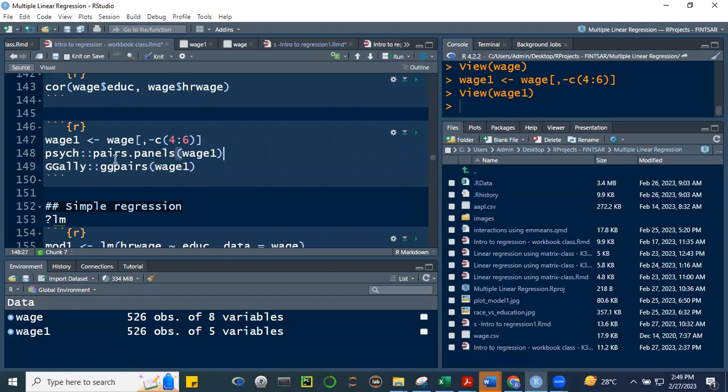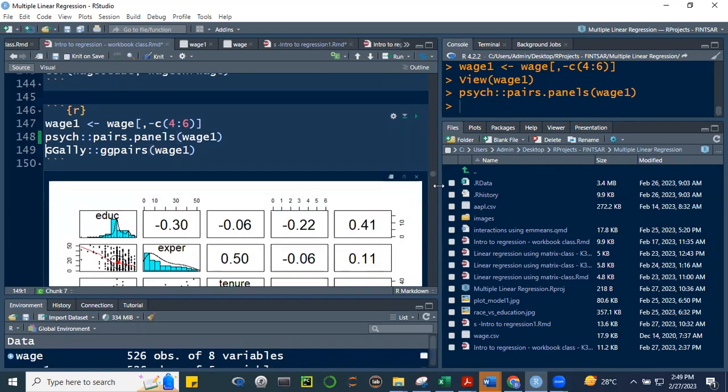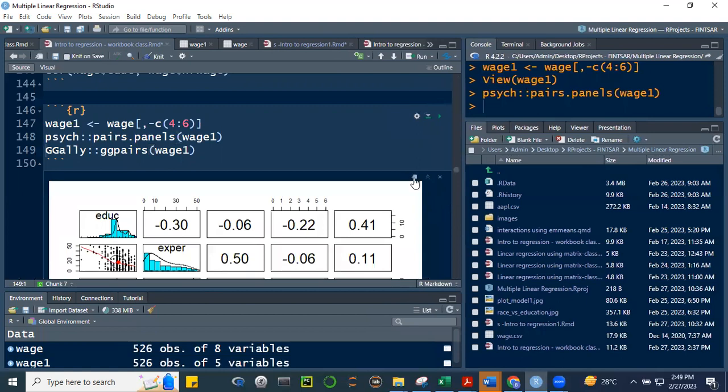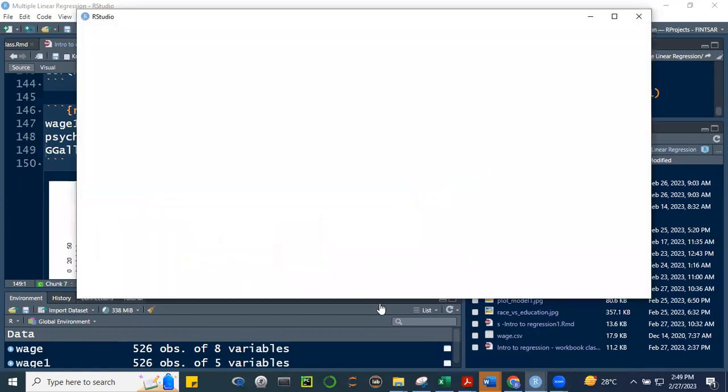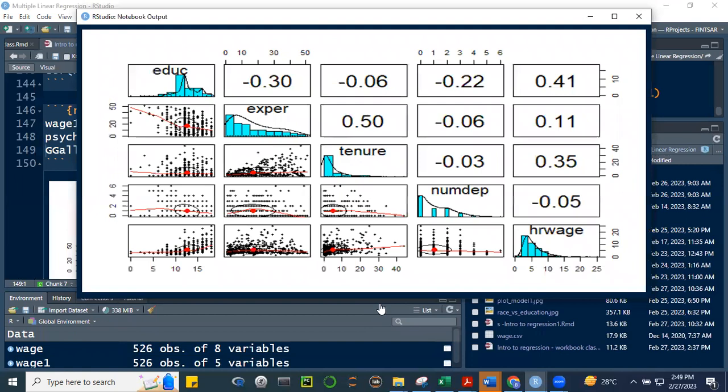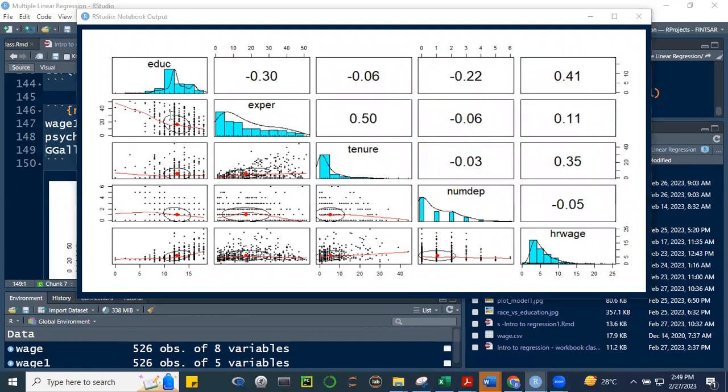From the psych package, we do the pairs.panels. It will give us a pairwise comparison of the numerical variables. You can find here the distribution of education with experience. This is the scatter plot. This is the individual distribution